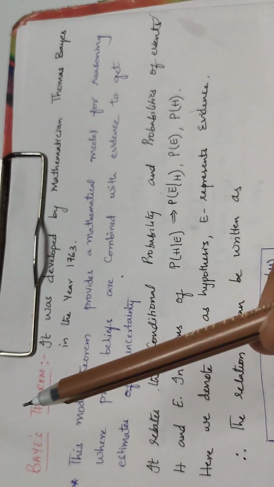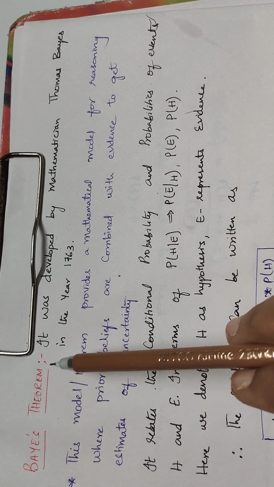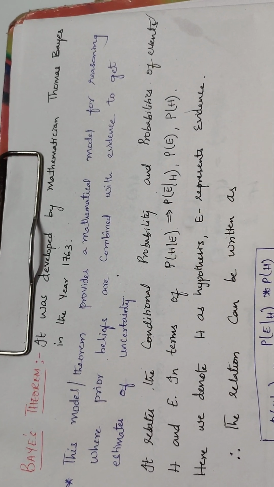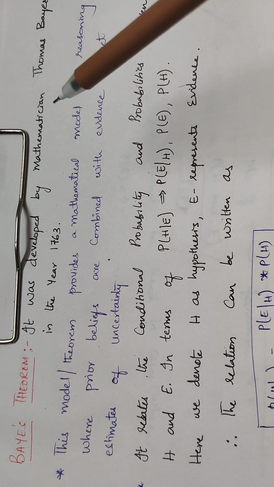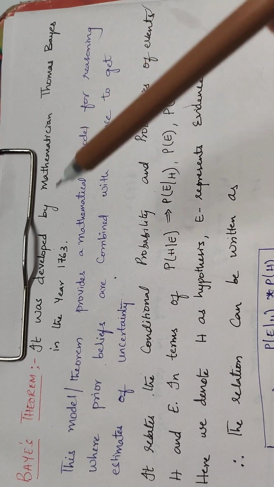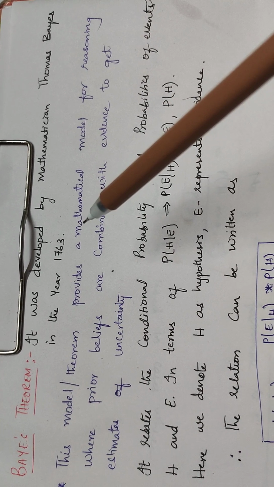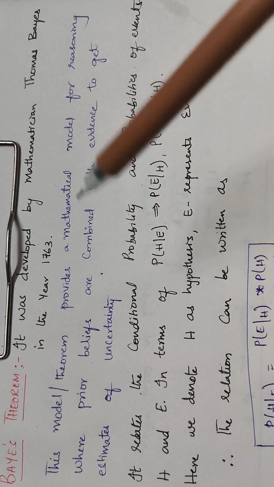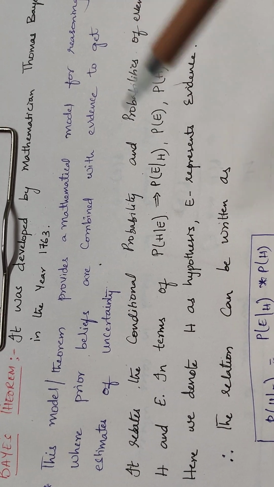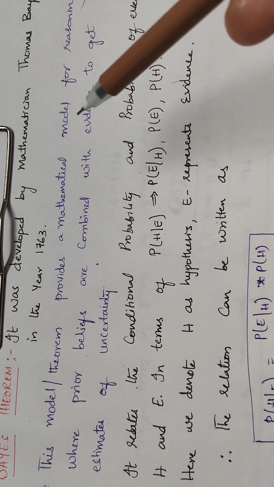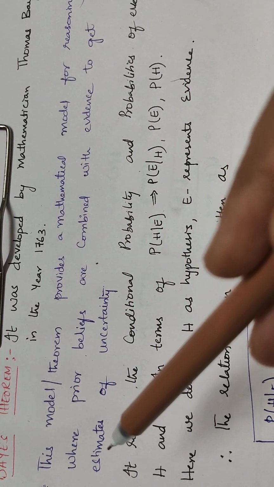Hello everyone, in this video you will be learning about the Bayes theorem. It is one of the important theorems in probability. It was proposed by a mathematician called Thomas Bayes in the year 1763. This model provides a mathematical framework for reasoning where beliefs are combined with evidence, to get the estimate